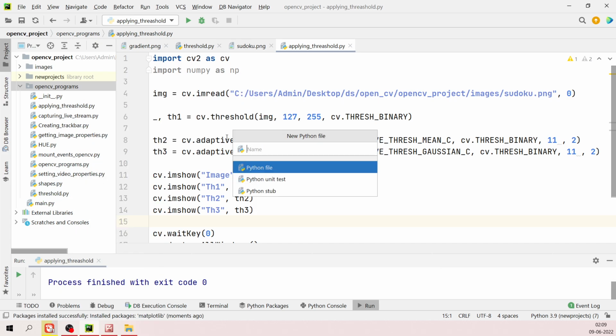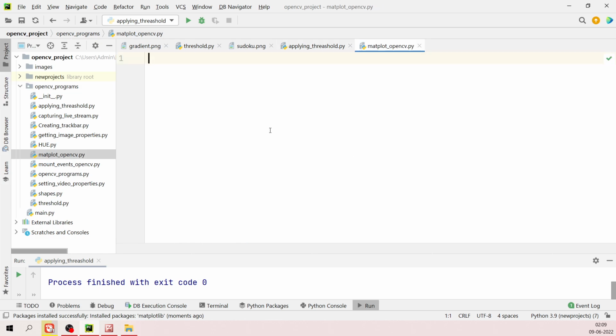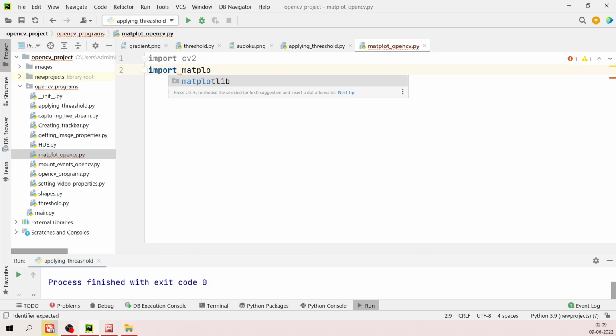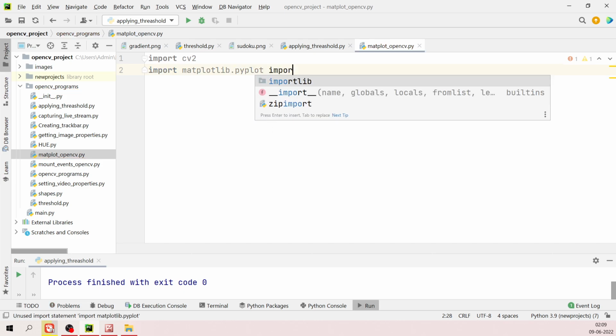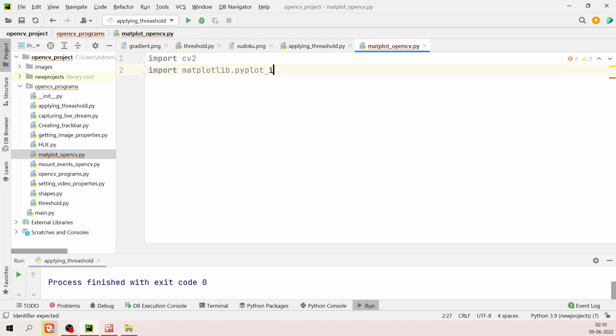Let's say matplot underscore opencv. Now what I'll do, first let us import cv2 library, then let's import matplotlib pyplot, which is the function which I want,